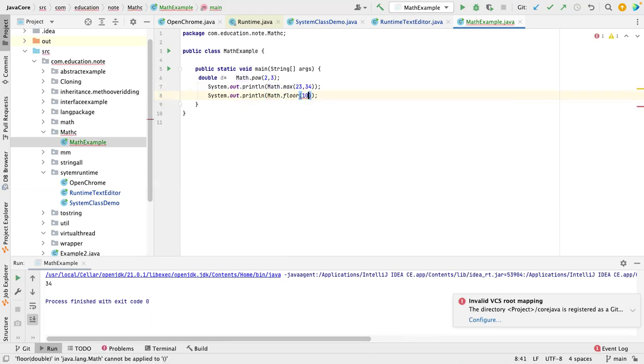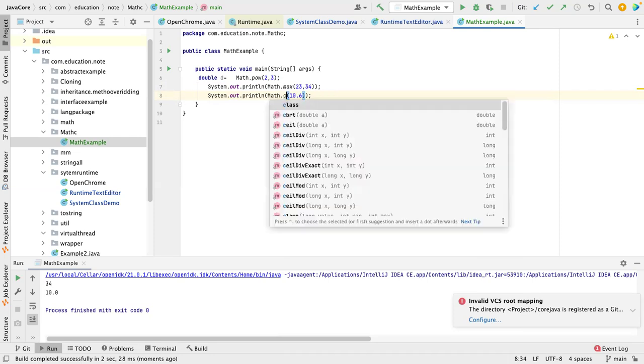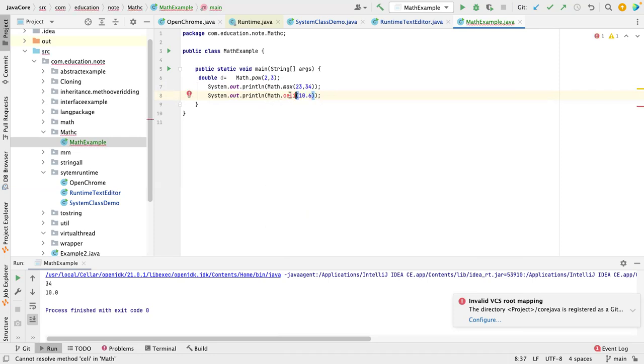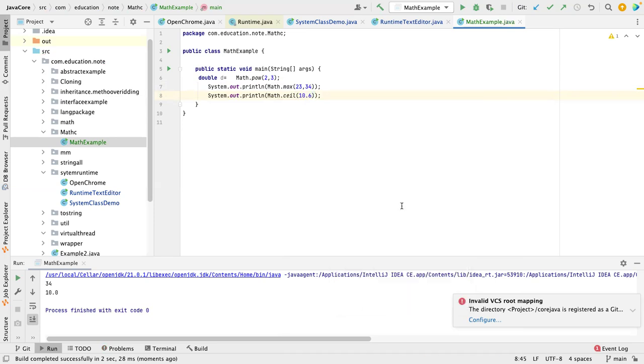So if you have 10.6, what output will you get when you perform floor for 10.6? 11. 10. Floor. It's floor, right? Okay. You said 11. Okay, let me do it. I think ceil was there. Ceiling is 11. So when you do ceil, it will give you 11. Okay. Then you also have round. If you do round,